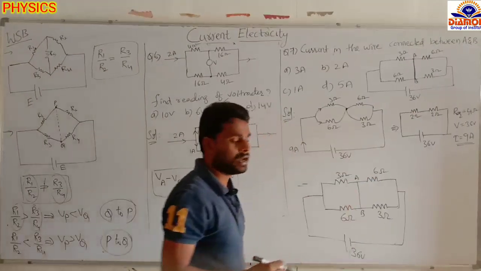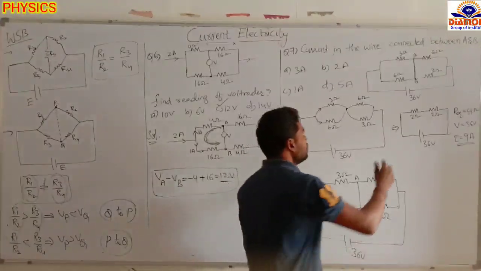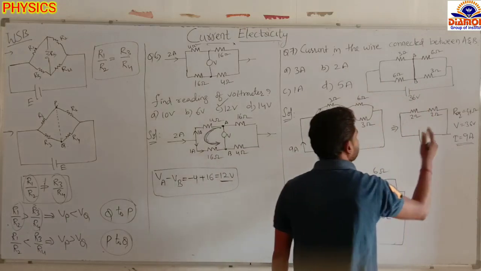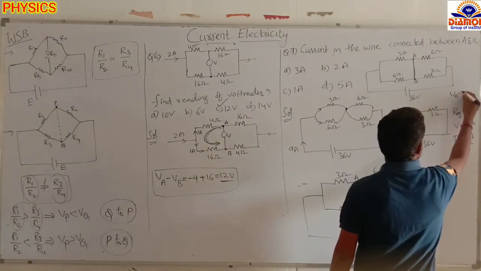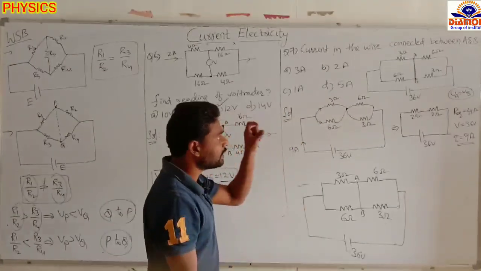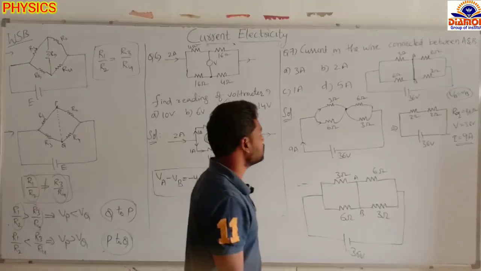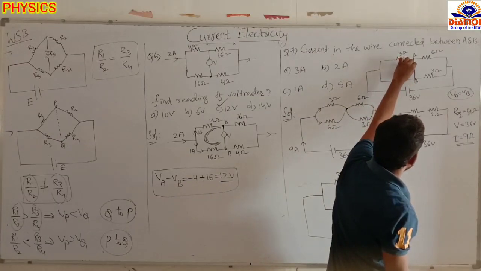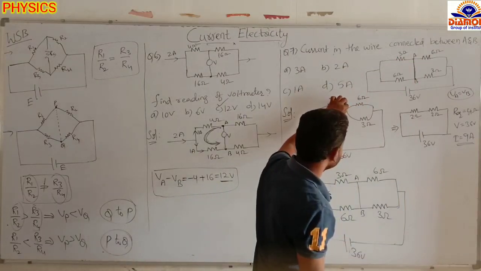If they give a wire, then what we have to do is, the potential here and the potential here are the same. That means the potential at A equals the potential at B. Both are at the same potential. Why? Because both are connected by the wire. Now just bring this wire here and combine this. I am combining, and it forms one junction here.